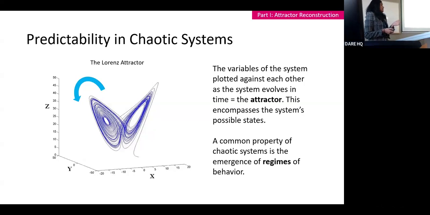So in a chaotic system, a typical way of characterizing it is to plot the attractor, which is a manifold that characterizes all the possible states of the system. This is the classic Lorenz attractor. It's a paper from 1963, which is every dynamicist's favorite paper. So you get 3 variables, and you're just plotting the different points in time of those equations, and you get these 2 lobes. So there are these 2 different regimes of behavior that emerge. And that's quite common in chaotic systems.